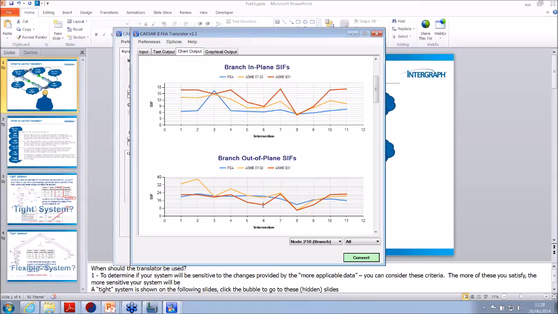But, for example, the outplane, say this location here, let's look at number 6, B31 is actually quite a way below the FEA results. Well, I can't quite read what that is. It's a little bit small in this size window, but it's, I don't know, around 10 or 12, I guess. Whereas it's getting on for around 20 in FEA, so non-conservative at some locations for B31. So our more applicable data will be